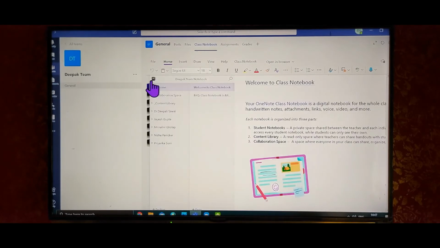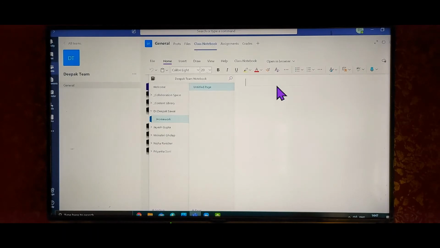Click on that. Now you see I have 5 students, so their names are listed over here. Can you see? Now suppose I want to send the corrected paper to Deepa ma'am, so I'll click on the left arrow. I'll see the homework button over here. Click on the homework button and you can give the title on the right side, your answer paper. Once you write, click enter.